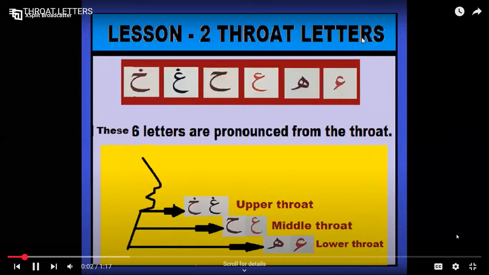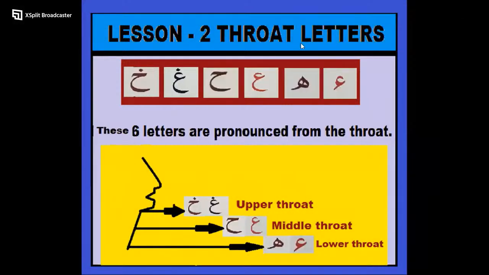Assalamu alaikum wa rahmatullahi wa barakatuh. Now, inshallah, let's learn lesson number two, throat letters. There are six throat letters. You can see on the screen, there are six throat letters, and these are